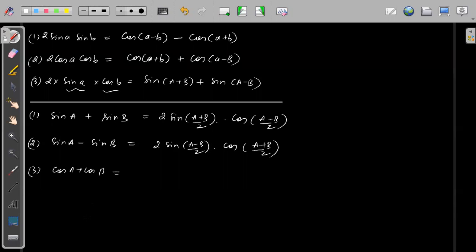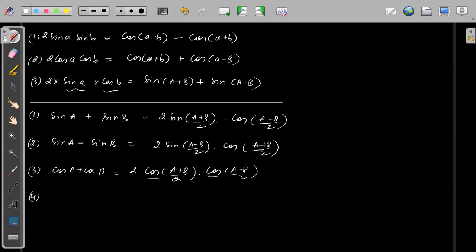No, no, not cos A sine. Do not look in your notebooks. Just try to remember. This is cos and cos, so it will come from the parent equation, and the result will be cos. So 2 into cos of (A plus B) by 2 into cos of (A minus B) by 2. Right? Yes, very good. Cos both will be cos.